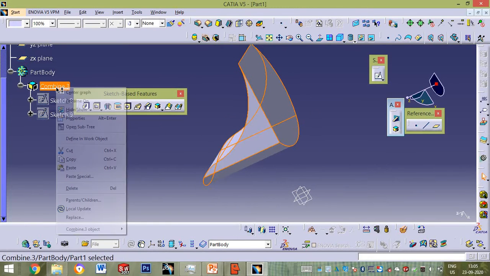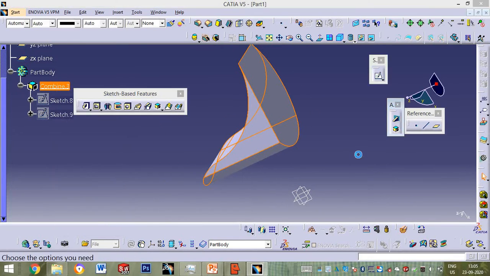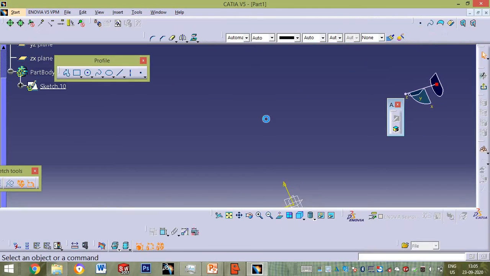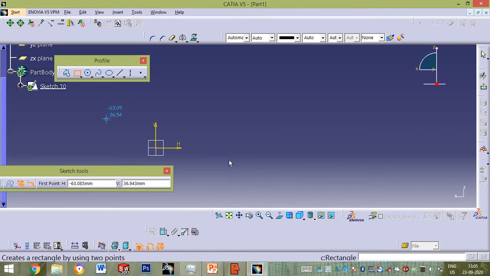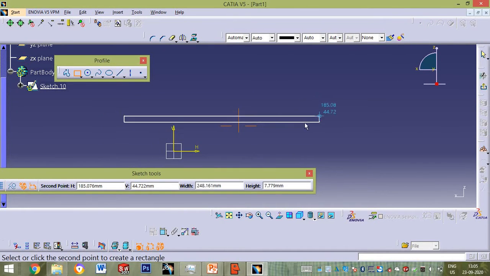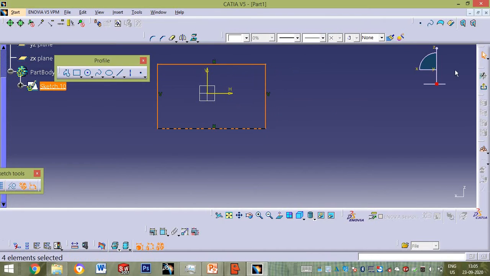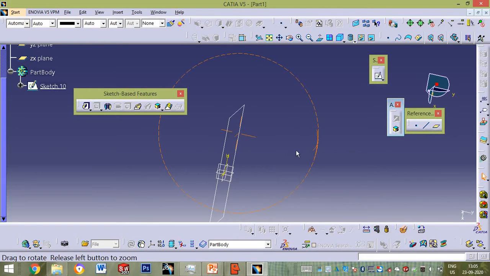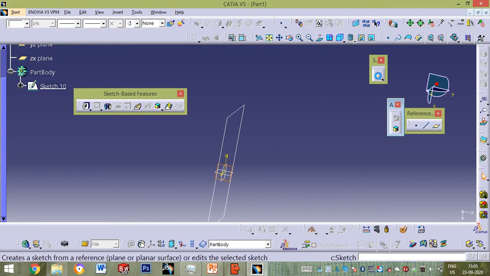We will see this in detail with a simple geometry, which will be easier for understanding. I will create two rectangles in two perpendicular planes. In any two of the three initial planes, but they should not be parallel, they should be perpendicular.